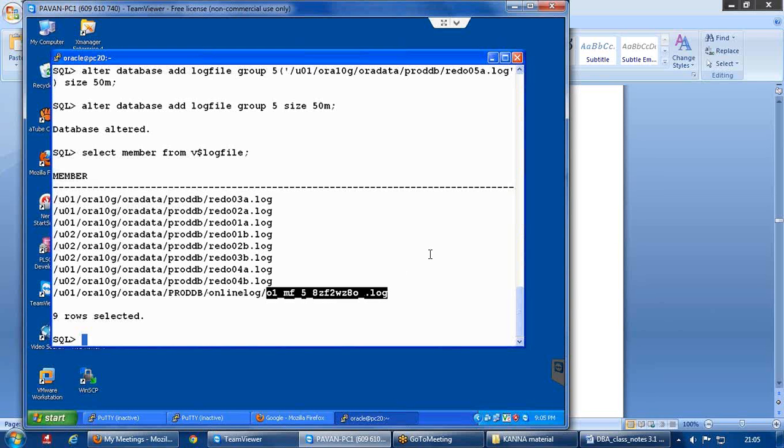So this is what usually Oracle will do. And you know it already, when you drop a redo log group, then the files will still be there at OS level. But in case of this particular Oracle managed file, even the file will be deleted at OS level. So that is the option that we have. And even creating the tablespace command will become easy.